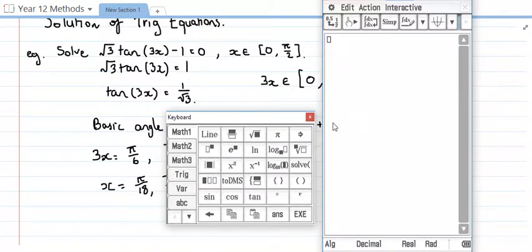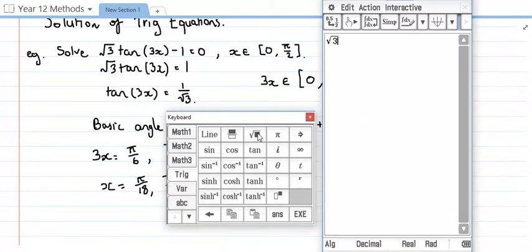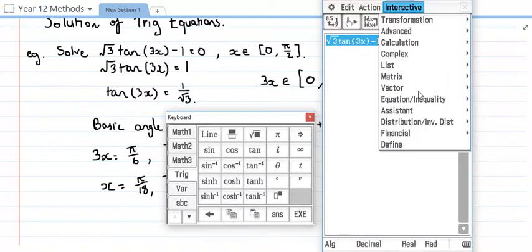You can see I've brought up my keyboard here, so I'll just go into trig to get access to the tan function. And I need to put in root 3. Make sure that I'm outside the root sign before I put tan of 3x. I can close the brackets there, and then minus 1 equals 0. To solve an equation like this, all I have to do is highlight it, go to interactive, equation inequality, and